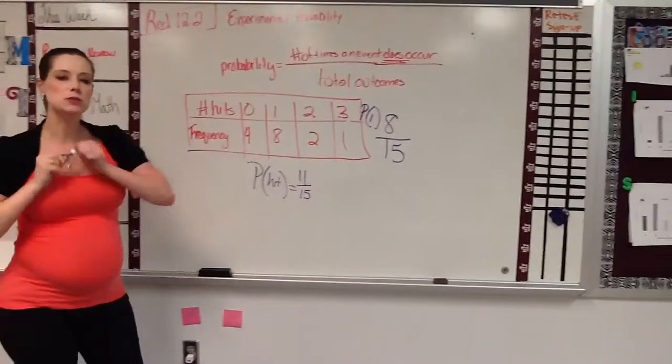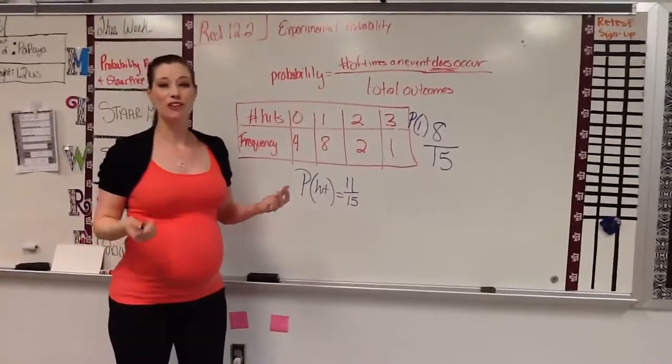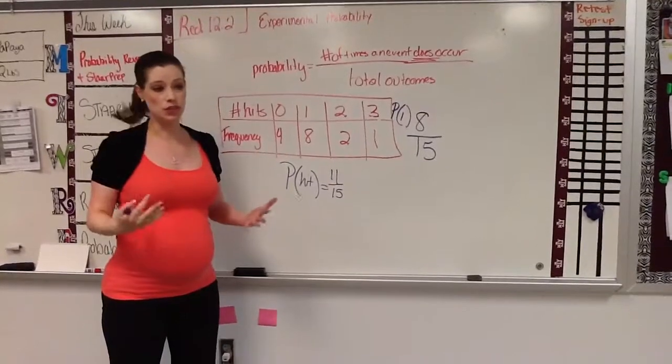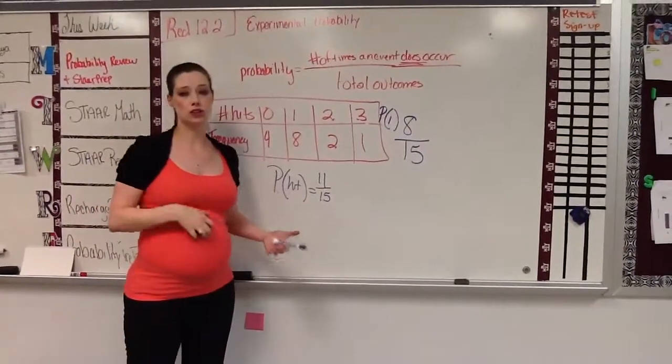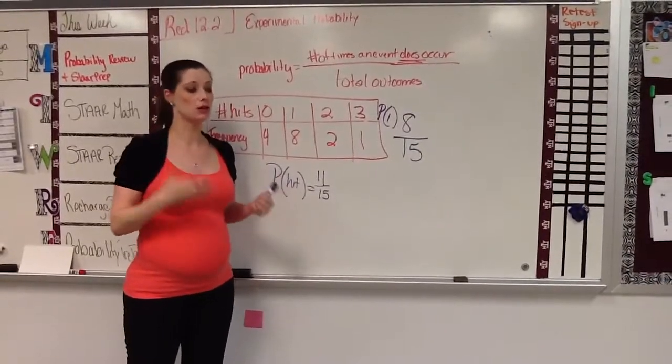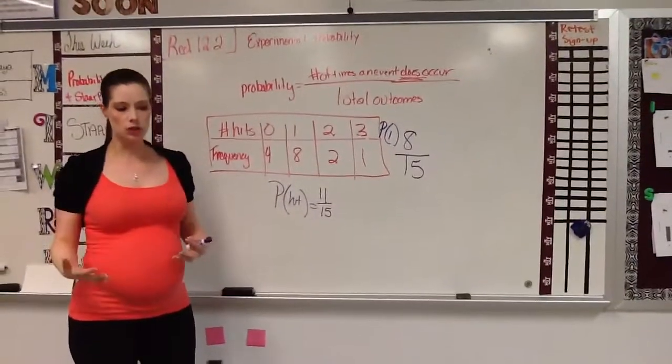So really the difference between experimental and theoretical for us in the classroom isn't really much difference. You're really just looking at the paper and seeing what happens. In theoretical, you just look at the object and you count. In experimental, you're being given experimental